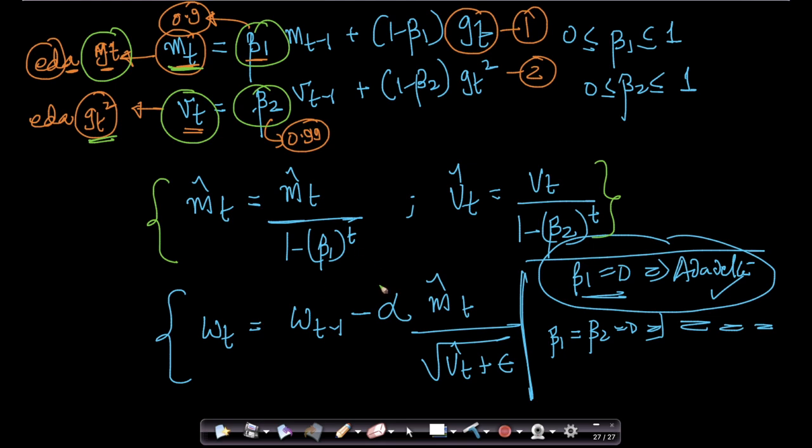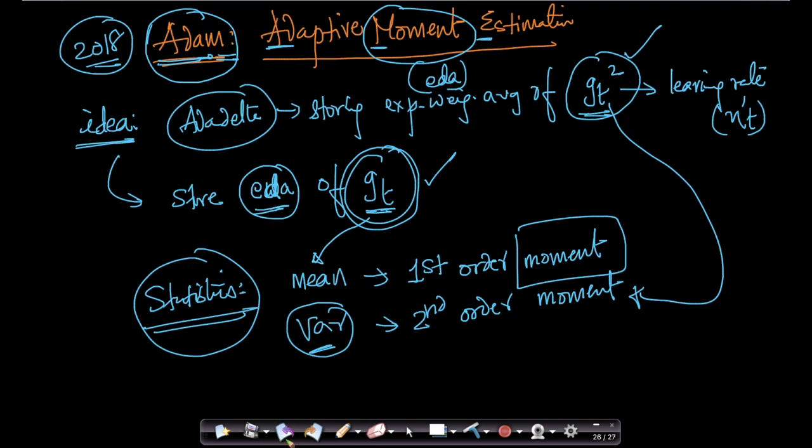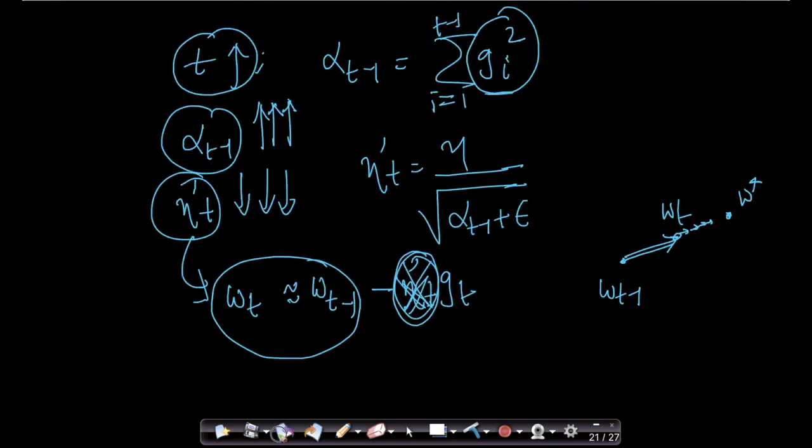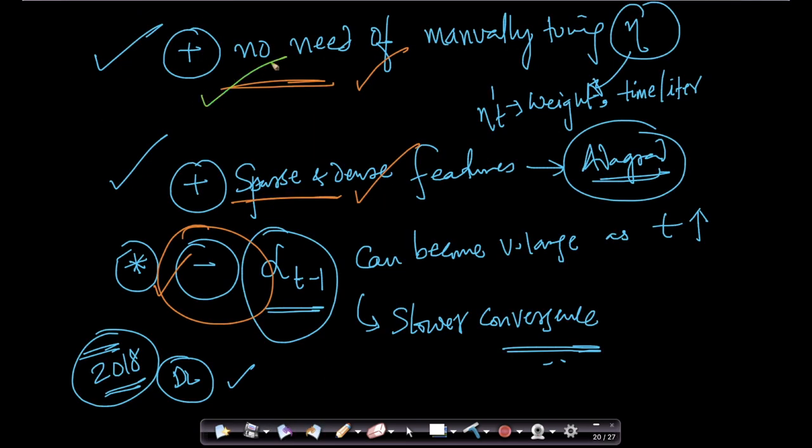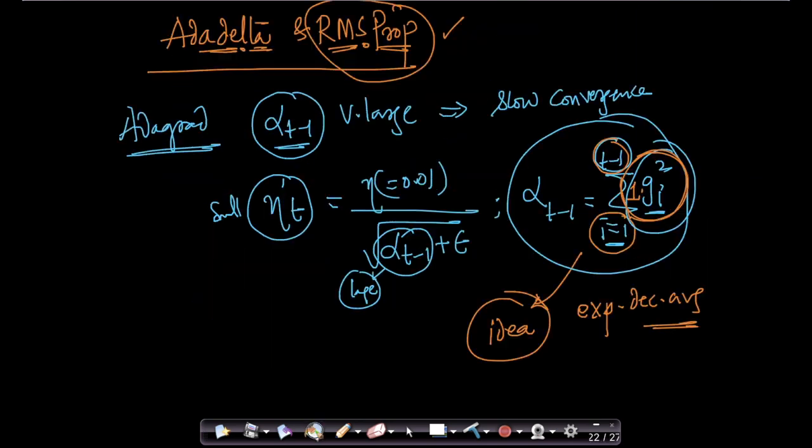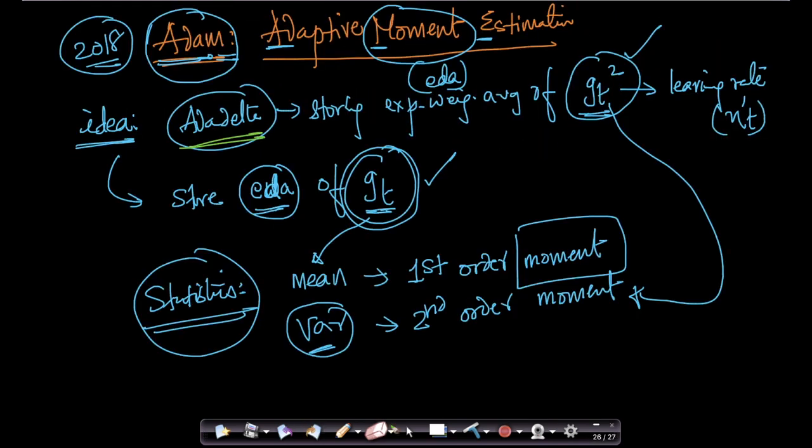Typically in Adam, alpha is taken as 1, beta 1 is taken as 0.9, and beta 2 is taken as 0.99. In standard libraries like TensorFlow and Keras that we will see in the next chapter, these default values are used extensively. Adam has all the advantages that you see in Ada delta. It converges fast, and there is no need to manually fine tune. It works with sparse and dense features, and you don't have to worry about slow convergence. All of it works well. And Ada grad was discovered experimentally.